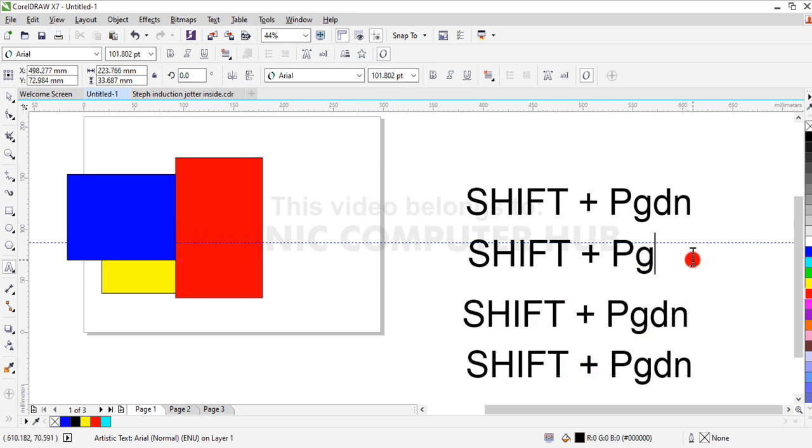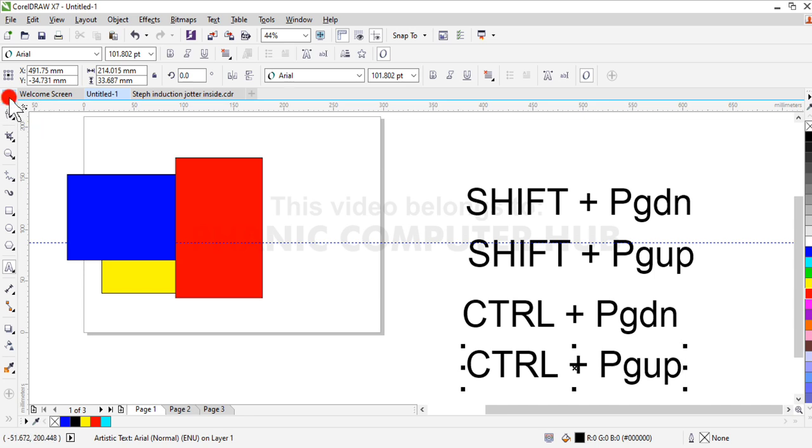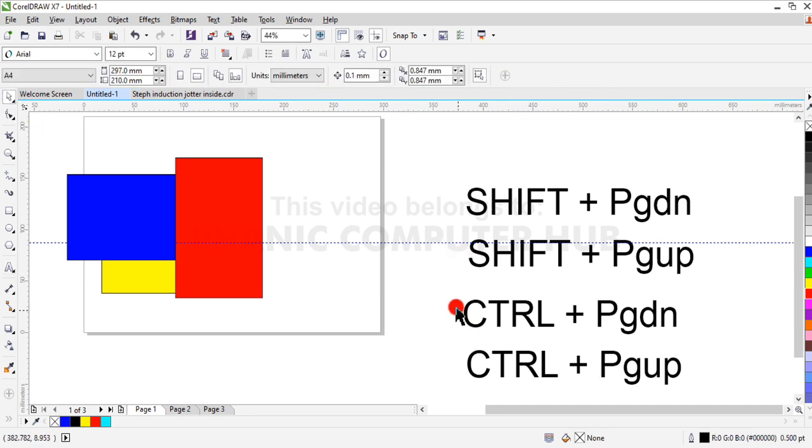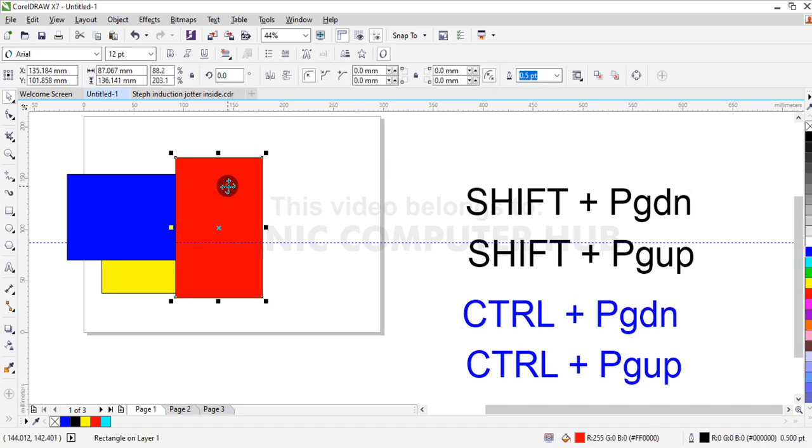I'm still going to edit these things. We have control page down, we have control page up. Okay, let me just add a different color so that you know. If I want this red box to move a step, that means it has to be below this blue only,